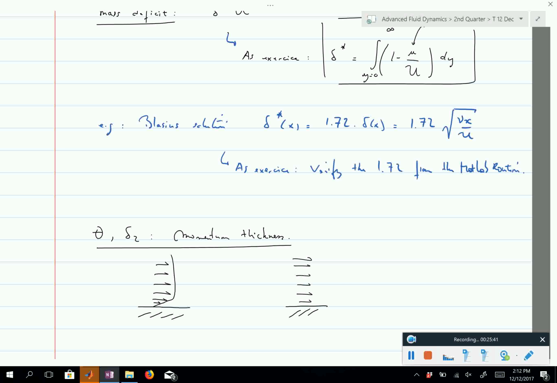But if you think about the momentum coming into any control volume, into your boundary layers, so if I'm taking a control volume like this, for instance, any cross section, and I compute the momentum influx, then you also have a momentum loss. You have a momentum deficit, and if you do the exercises you will see that it's not the same as the mass deficit, right? So the momentum thickness will be the same. It's by how much do I need to raise this wall here to have the same momentum flux,